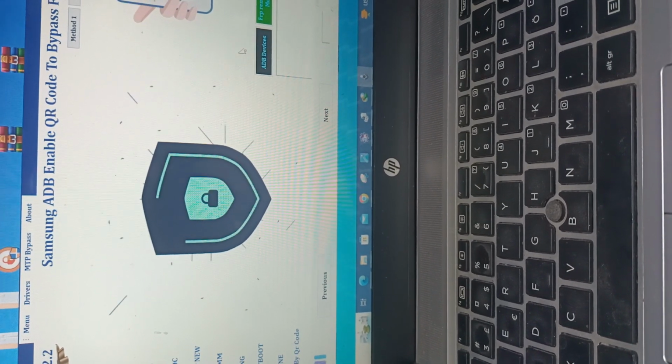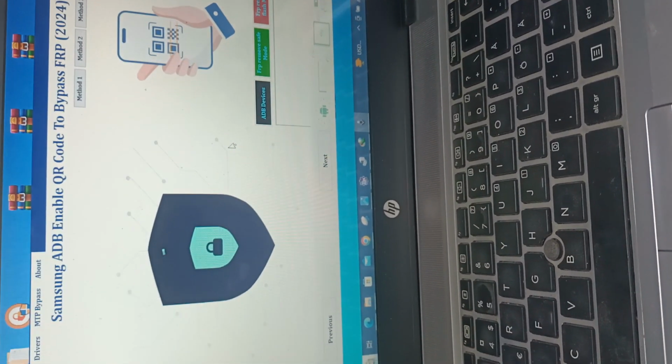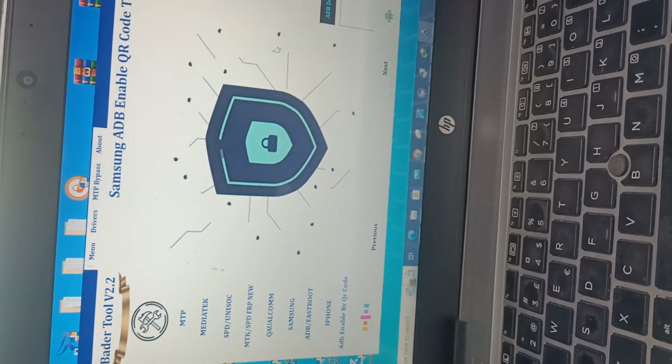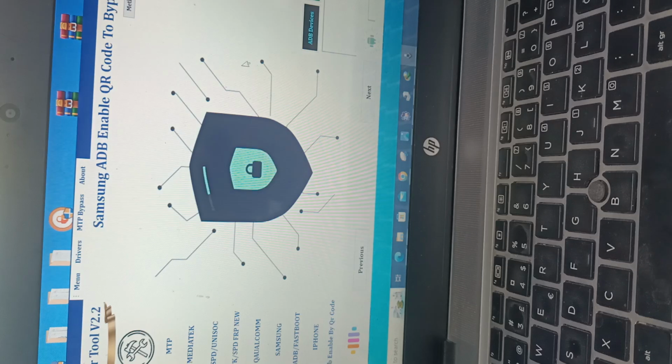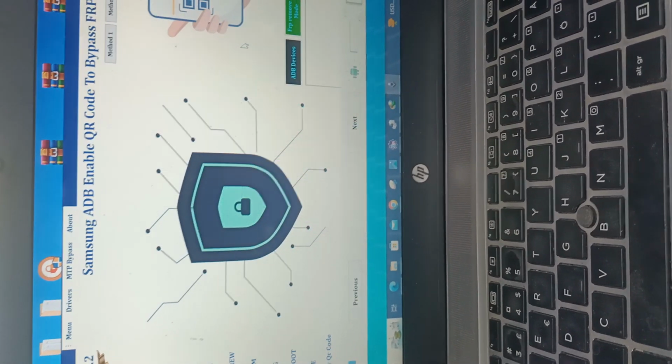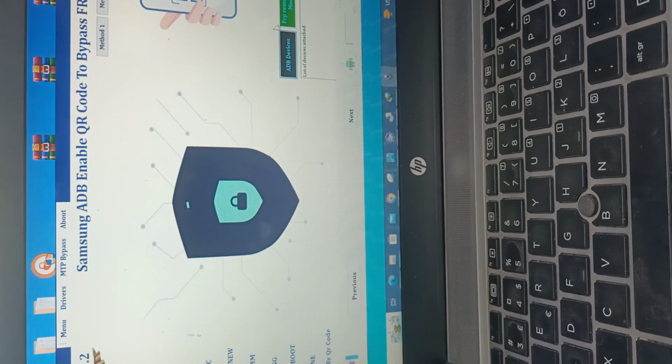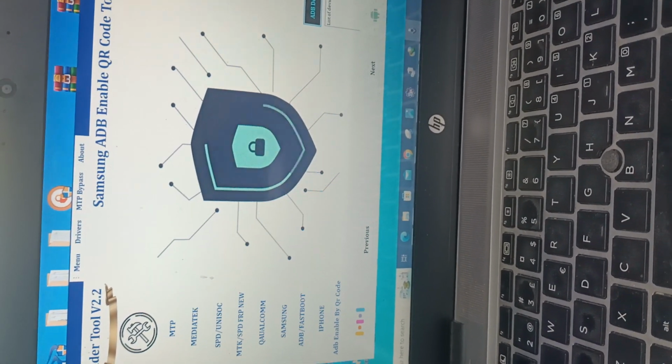This is ADB auto installed. That's a good tool from 2014. That's a better tool, 2.2. It just works on Android 13 and 14. ADB auto driver installed. And that works well for any FRP from